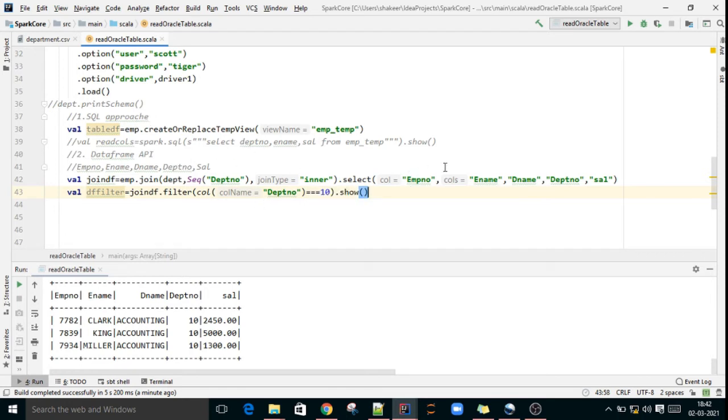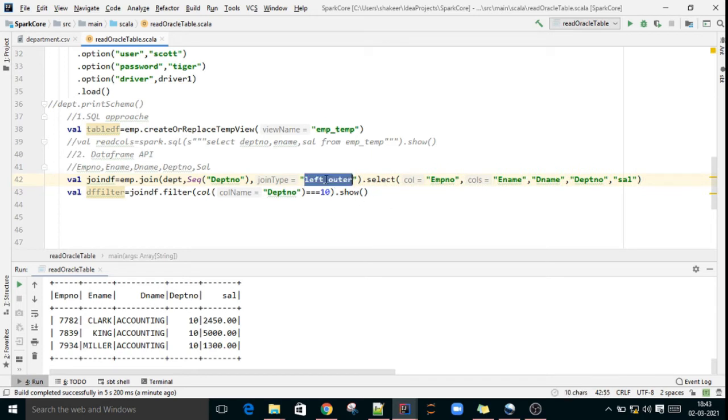Join, show, filter. These are all Spark SQL transformations. And one more thing, if I want to see left outer join, you implement left underscore outer.